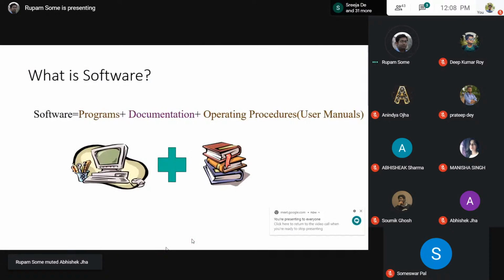Okay, fine. So I was talking about software. As you all know, software is basically the logical component of any system. If you want your hardware to work properly,